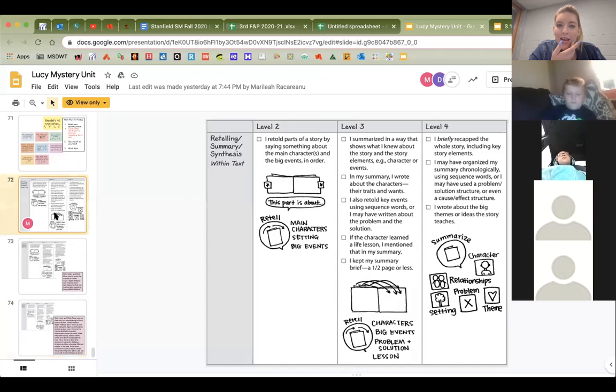So in your reading today, you're going to use this progression, or these levels, to try and help you write your best retelling of your mystery books that you have been reading during independent reading time. Okay,